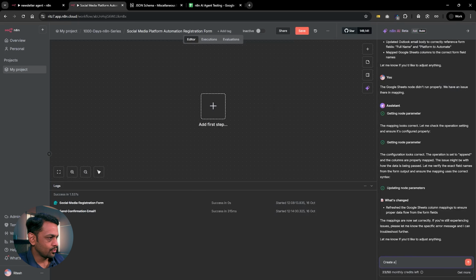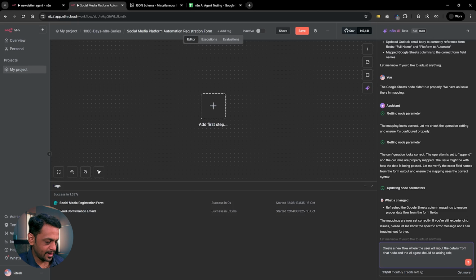So create a new flow where the user will input the details from the chat node, and the AI agent should be